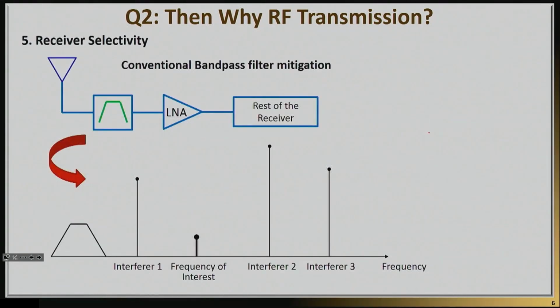The other last reason I want to mention is that there is something called interference. As I just mentioned, you're not the only user, so you have to account for people who are transmitting close to you. And how do you reject that? So traditionally, an RF receiver will have the antenna here, which will try to receive the signal. It will try to have some type of filtering scheme, because what that filtering scheme will do is that it will basically try to take the signal of interest.